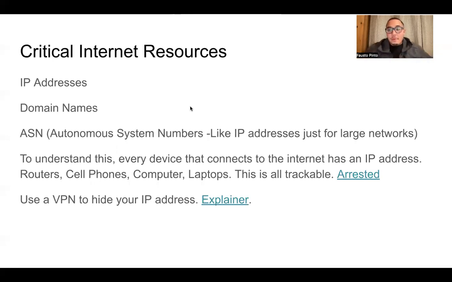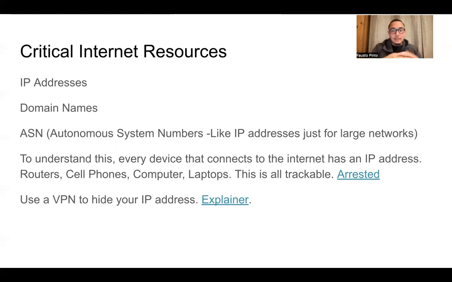When we talk about internet protocols, we have critical resources: IP addresses, domain names, and ASNs, which are basically like IP addresses for large networks. If you don't know what an IP address is, every single thing on the internet has an IP address. Your computer has an IP address. Your phone has an IP address. Your router, your Wi-Fi, they all have IP addresses, and it's a way for people to track you. They mostly start like